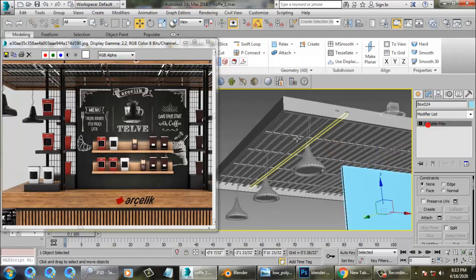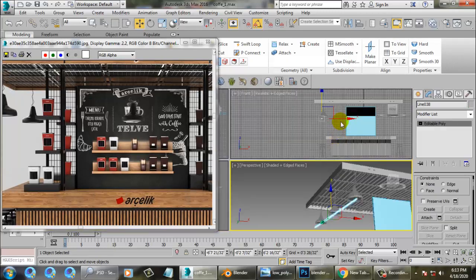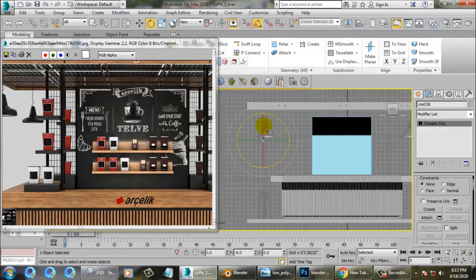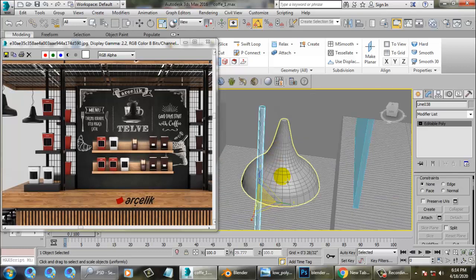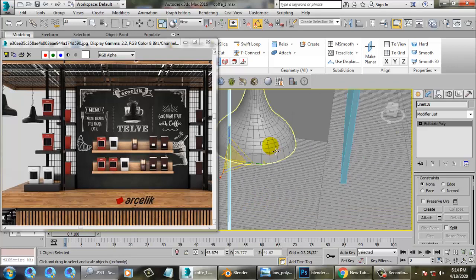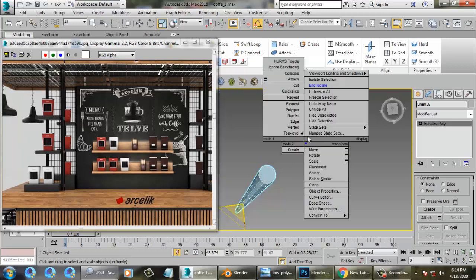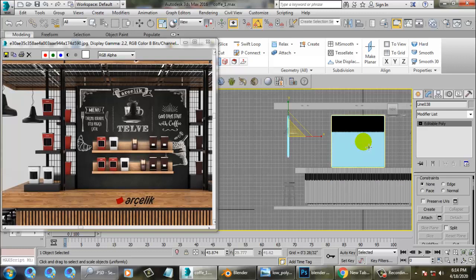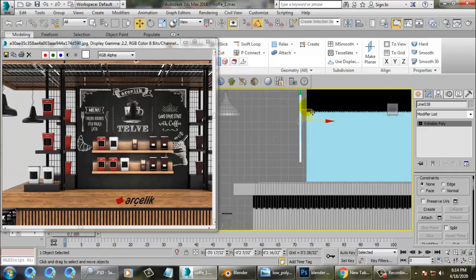Then I'll rotate it, scale it, isolate, and place it here.